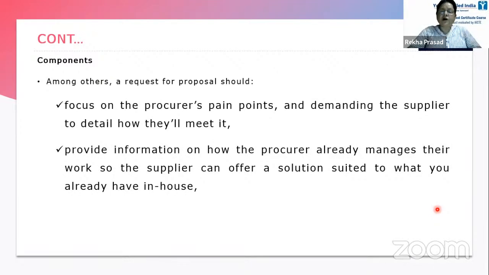Provide information on how the procurer already manages the work, so the supplier can offer a solution suited to what you already have in house. तो हो सकता है अभी तक आप कैसे मैनेज कर रहे थे, the supplier can ask you, so you can tell them अभी तक या तो हमने अभी शुरू ही किया है ये काम करना, तो आई डोंट हैव मच आइडिया, और अभी तक जो हम कर रहे थे उसमें ये प्रॉब्लम्स आ गए, मे बी द फर्नीचर यू वर नॉट टफ इनफ, ड्यूरेबल नहीं था, मे बी द क्वालिटी ऑफ द वुड वाज नॉट अप टू द मार्क,